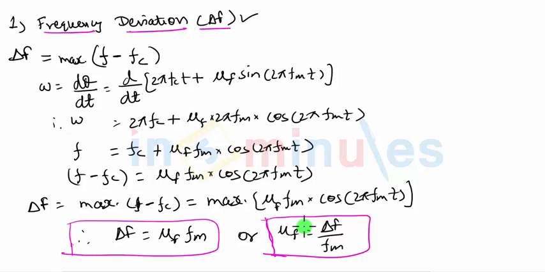Modulation index mu f simply represents the depth of the modulation. It represents how far you are taking the instantaneous frequency from the carrier frequency. For a given modulating signal, fm will be constant, and hence for large values of mu f, it simply means that the value of delta f, which is the frequency deviation, is also very large. In other words, the instantaneous frequency is taken far away from the carrier frequency. So if delta f is large, that means mu f is large,